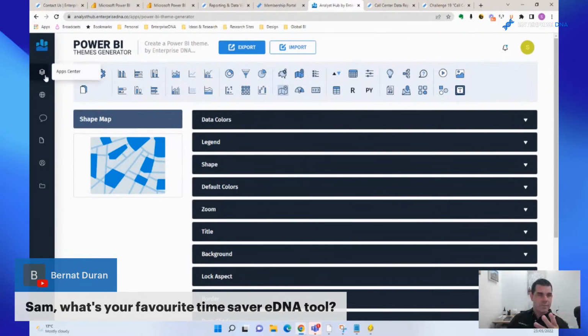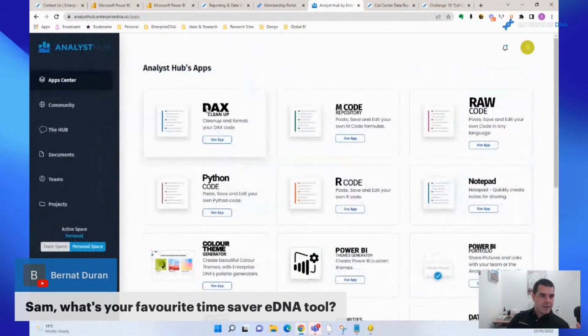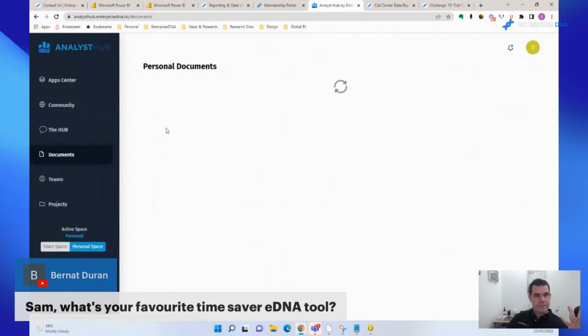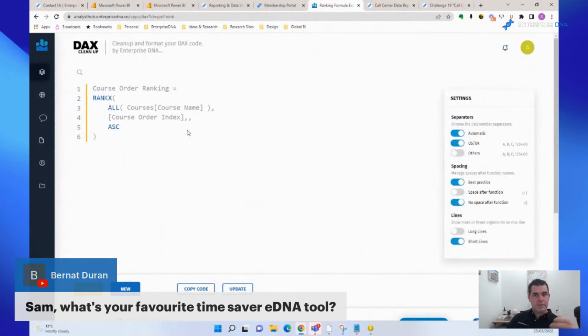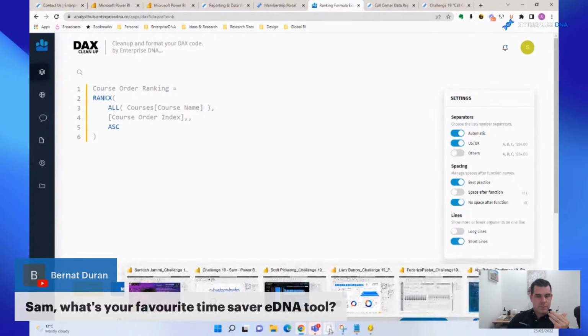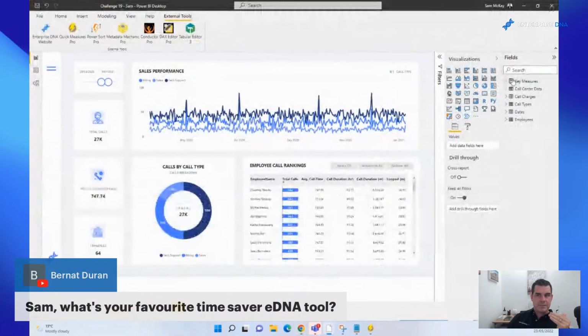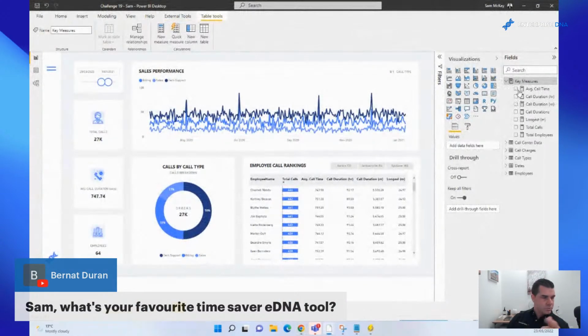It saves so much time. But also my DAX tool, the ability to very quickly come in here and get all of my formulas. A lot of you who have followed me over the recent year or so know that I very rarely write out formulas in my Power BI reports anymore. I'm usually just copying and pasting my formulas into my measures from the Analyst Hub to create my calculations very, very quickly, because there's a lot of patterns that you can reuse over and over again.